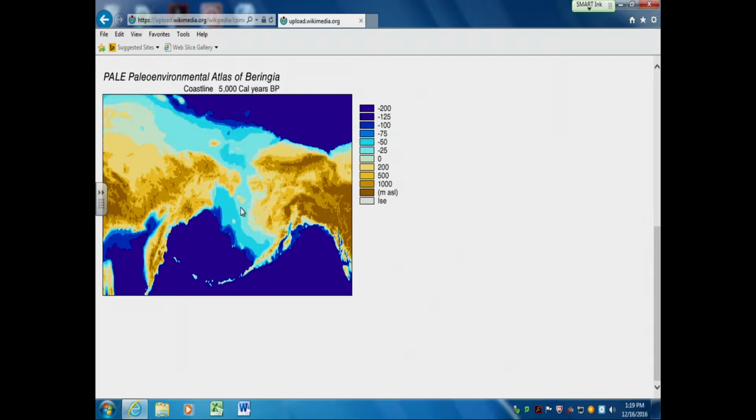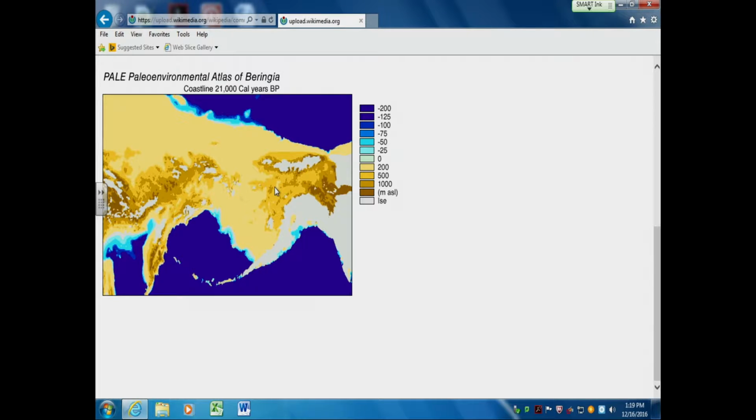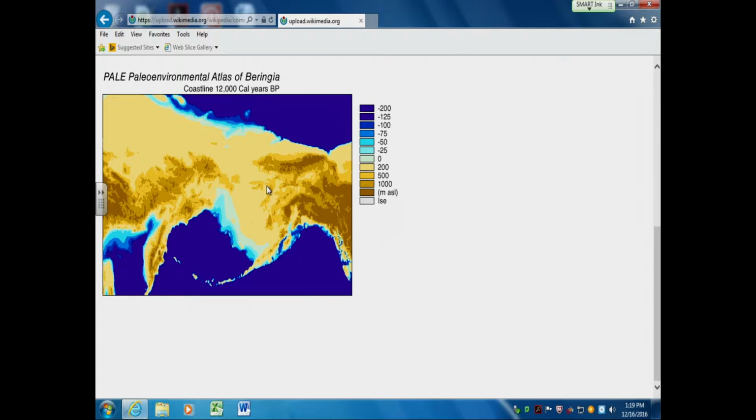And then here you see the split. And at this point, traffic back and forth across that area of sea does not take place. It's not all that far across. So to a certain extent, it's surprising that there wasn't continued migration. But as we know, it's very, very cold up there.